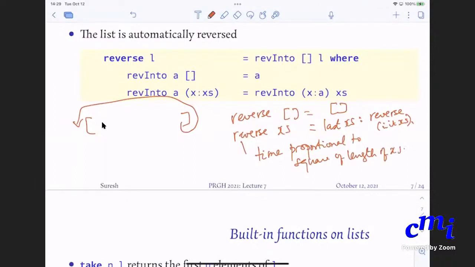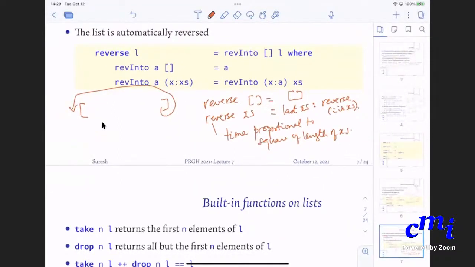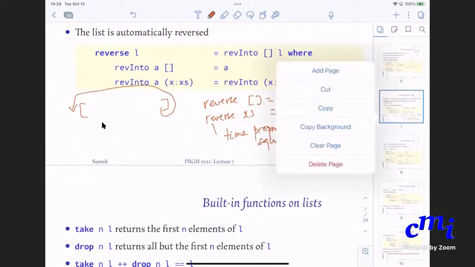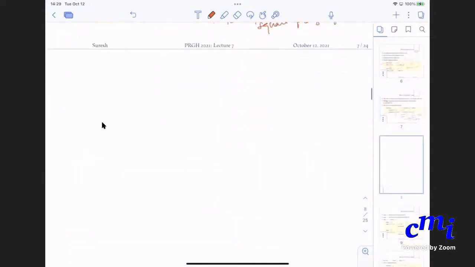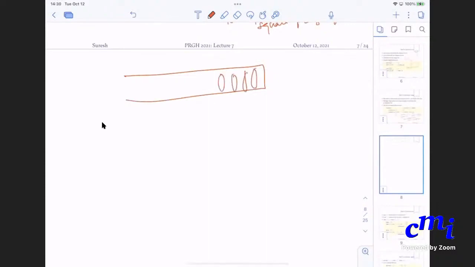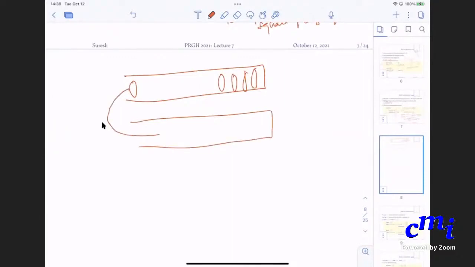You can do more efficiently, and the more efficient version is what the library gives you. Let me just illustrate what happens by drawing this picture. So imagine that there is a stack of plates. Plates are stacked like this. Okay, forgive my drawing. You can push plates from one end, and you can pull out plates from this end. If I ask you to reverse this, suppose you have an empty stack here. You can first take the top plate and